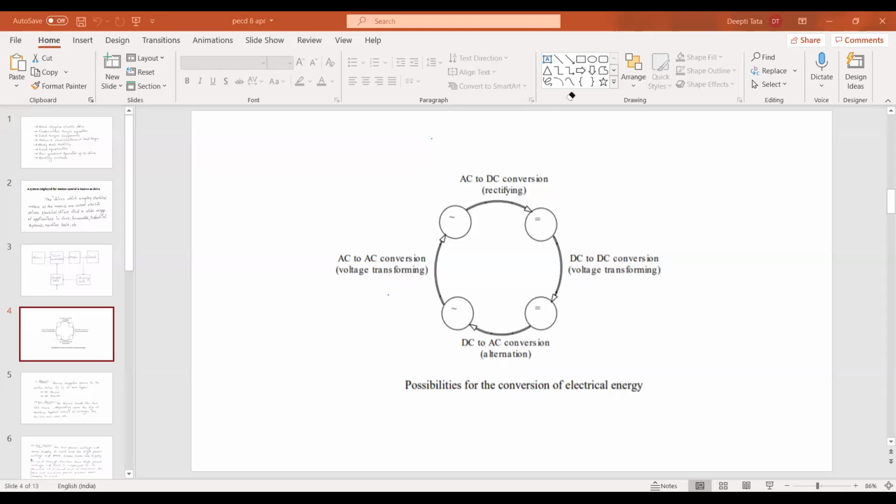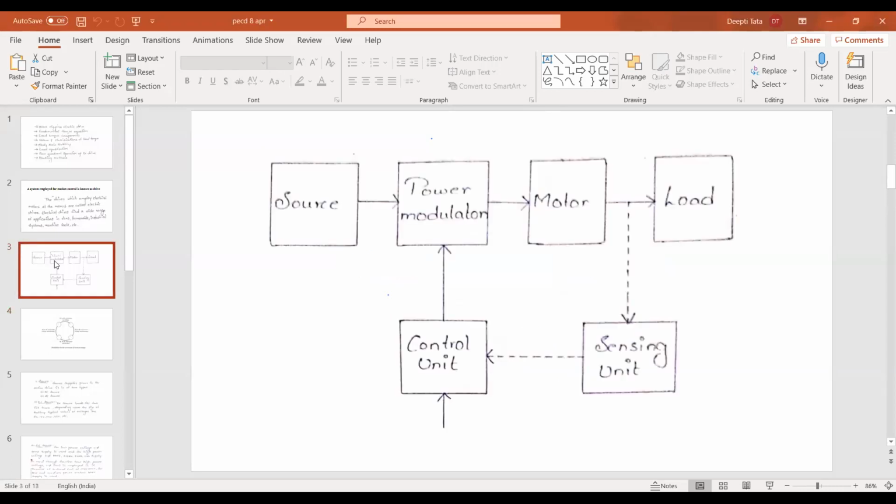Great. Now we'll move to the present topic. It is the basic layout or block diagram of how an electric drive is going to be operated. Just see this diagram and tell me at which block the drive is going to be connected here. Or is the drive already existing or do we have to connect it? This block diagram is visible to you? Yes, ma'am. Tell me, does the drive exist in the circuit or not? Existed, madam.